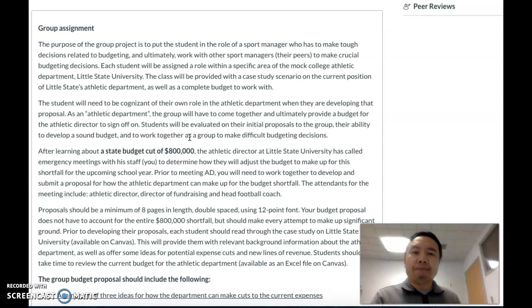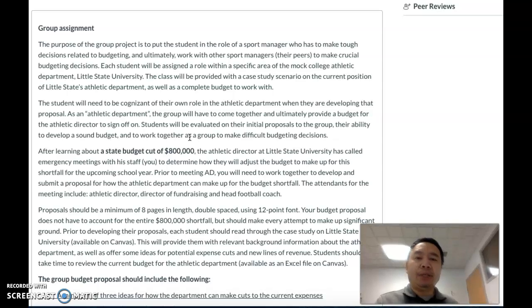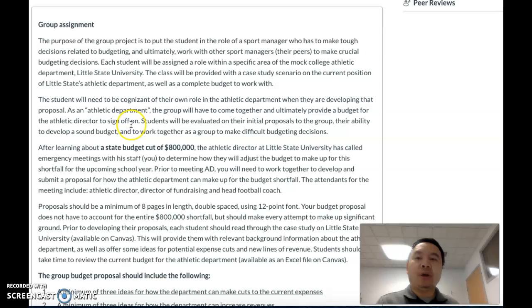For this group project, we'll give you a case study. In this case study, there is a university called Little State University. Initially, they had already developed their budgets. However, they just got new news: the state decided to cut the state budget by $800,000. This means you will have to go and justify the budget you create for next year.